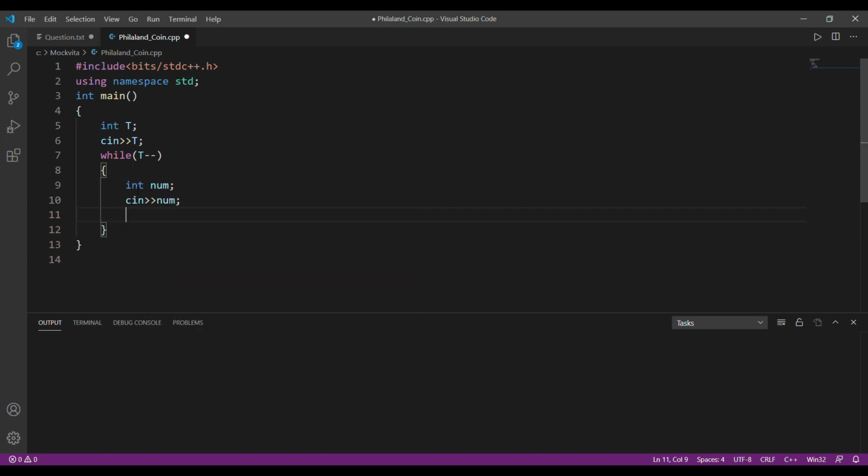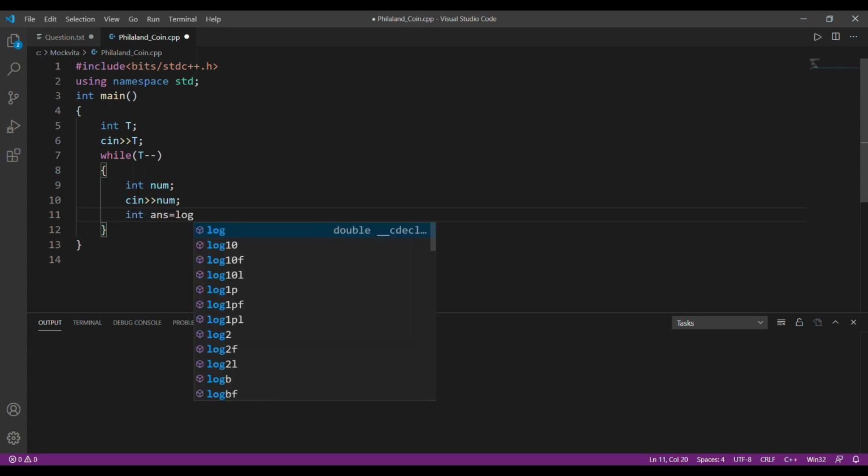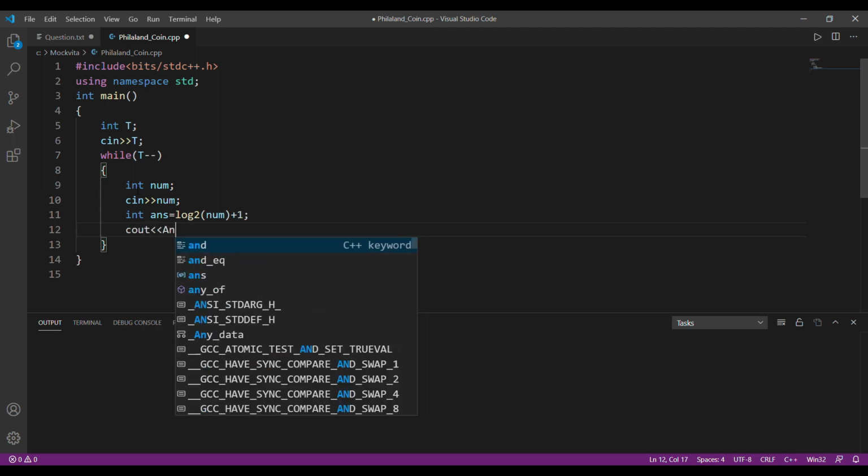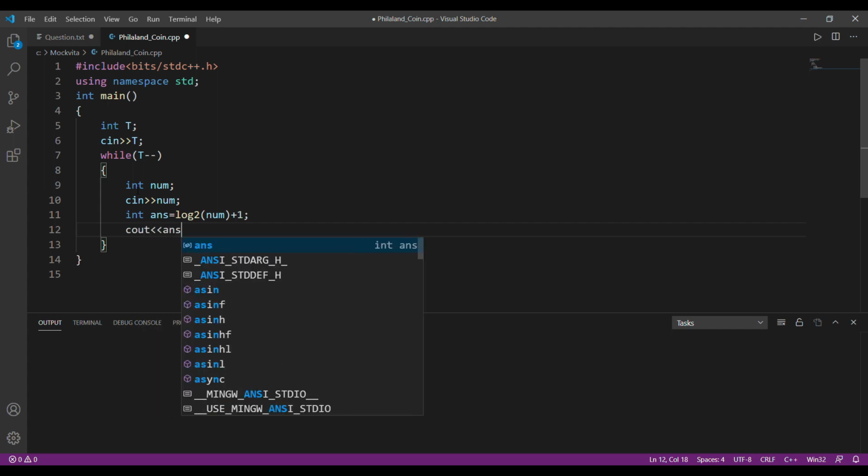Great. So now what is my answer supposed to be? As I said, you have to take log 2 of that number, but you'll actually have to add 1, and that is your answer. You might be wondering why I'm adding 1.